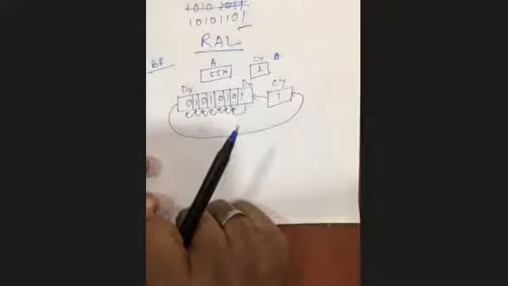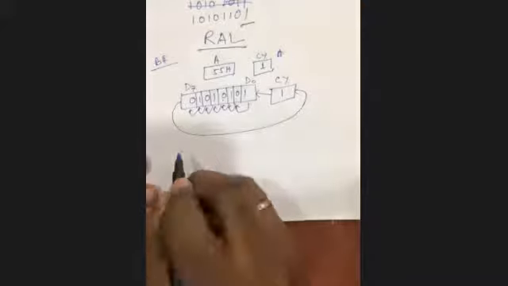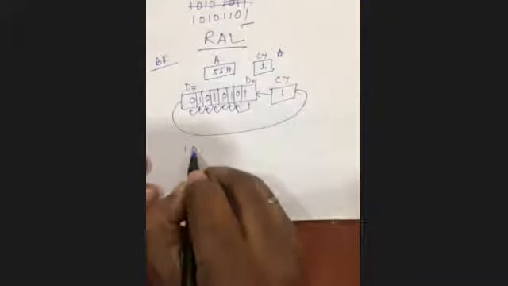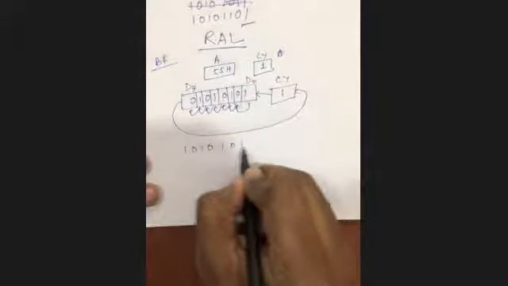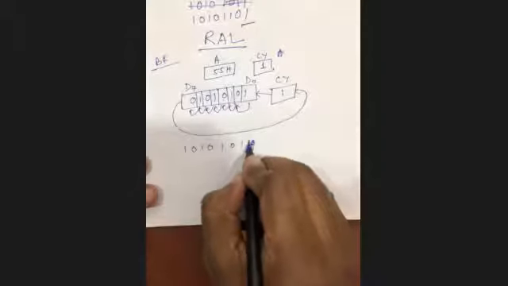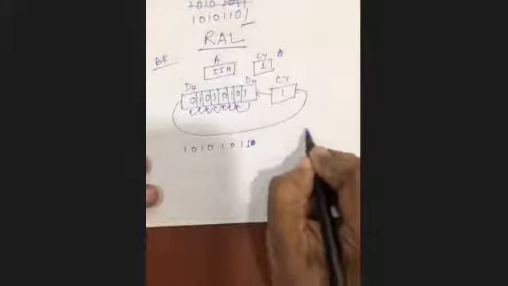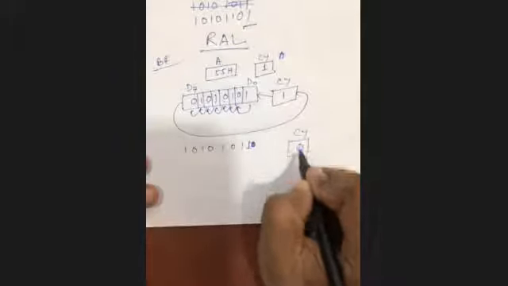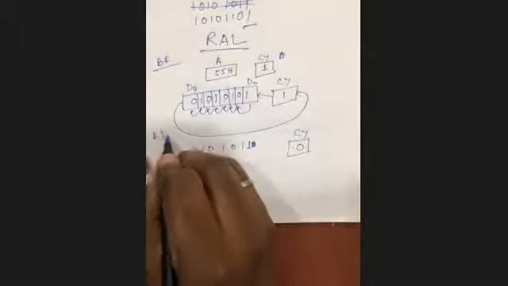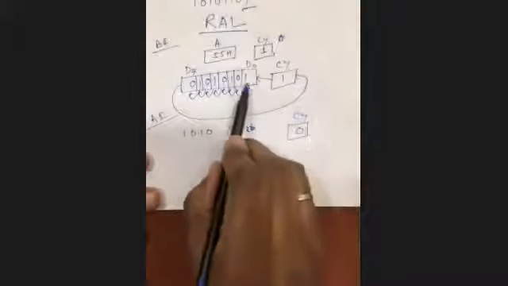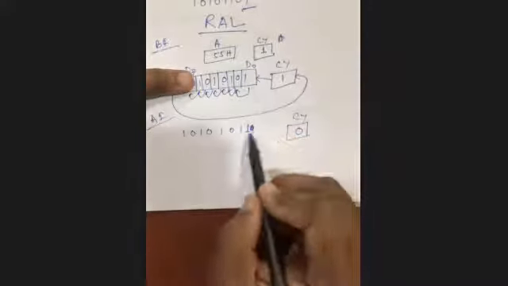What will happen, sir? Like 1 0 1 0 1 0 1 0. Sorry, 1 0 1 0 1 0 1 1, because the carry flag is 1. And the carry flag will be 0. Just see, all are shifted, eliminating the 0, and the carry flag bit comes in at the end. So 1 1.